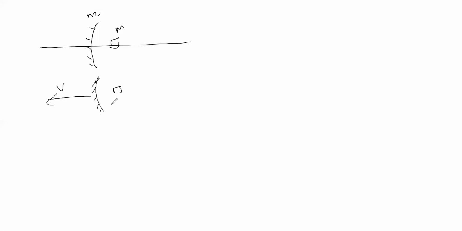Second part, what does that mean? After the collision, here this is the mirror. After a perfectly elastic collision, the mirror has mass M and this block has mass M. Since it is a perfectly elastic collision with equal masses, velocity exchange takes place. That means this concave mirror will move with velocity v, and this block will be at rest.